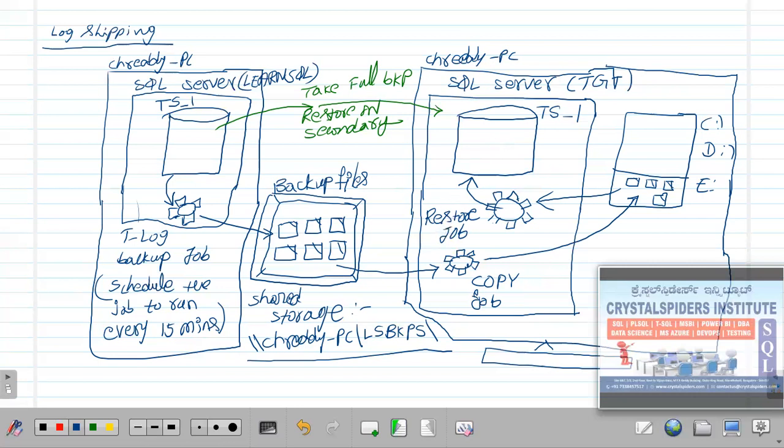So what I'm going to do is schedule the copy job to run every 1 minute. Every 1 minute, go and check whether new files have arrived or not. If new files are not there, then it will not do anything. If new files are there, then take those new files and put them in the E drive. This is the local path on the secondary server. And this is the shared path, guys. These shared paths are usually outside of the servers, but I'm going to create one shared path in my local system, okay.